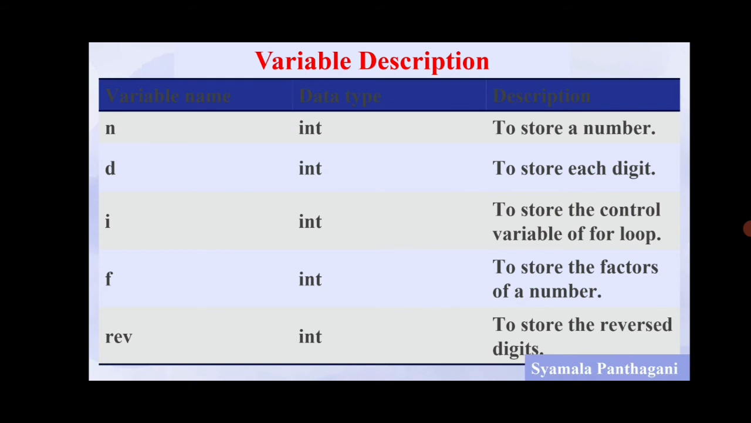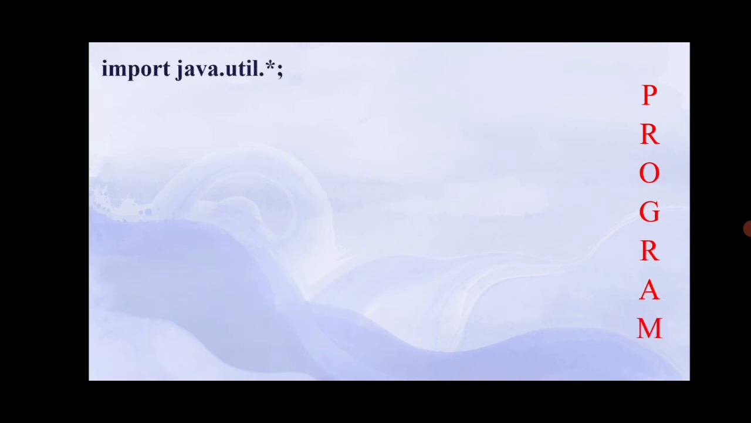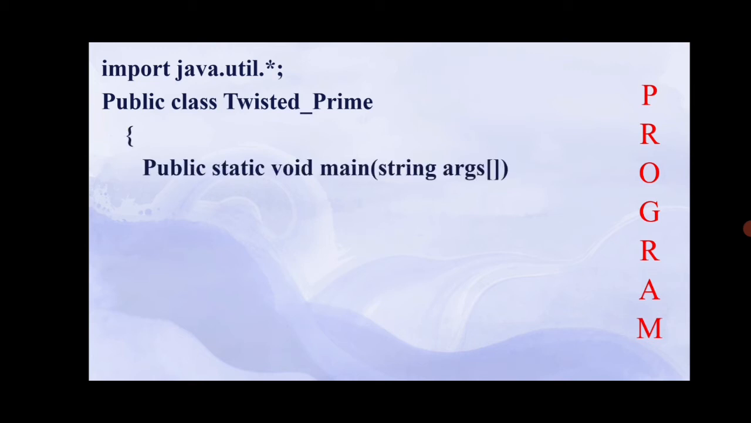Now I am going to teach the program for this. The first one is, put the heading program: import java.util.*; public class TwistedPrime; public static void main(String args[]); Scanner in = new Scanner(System.in);